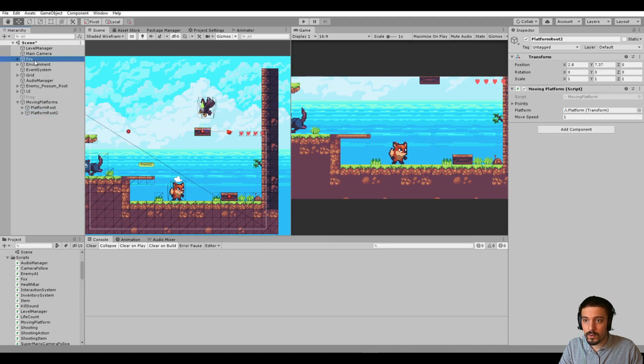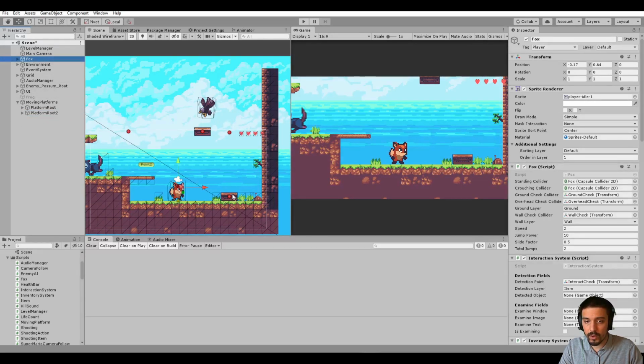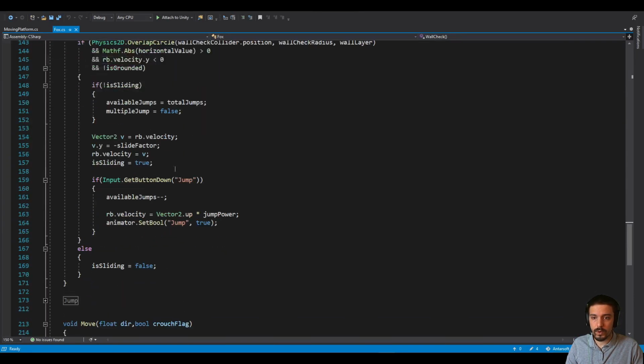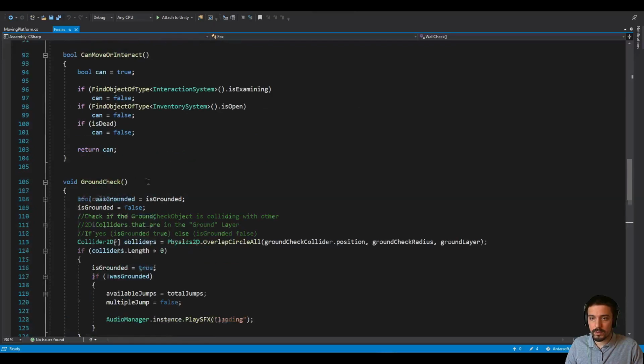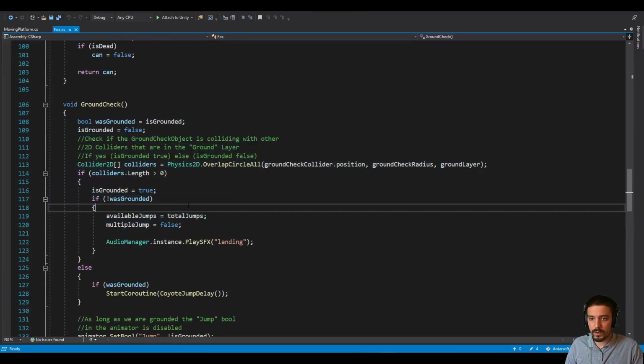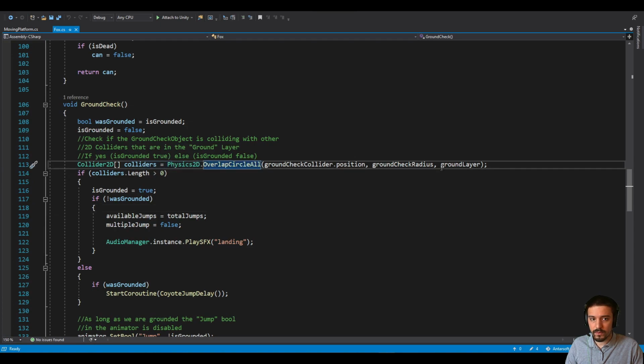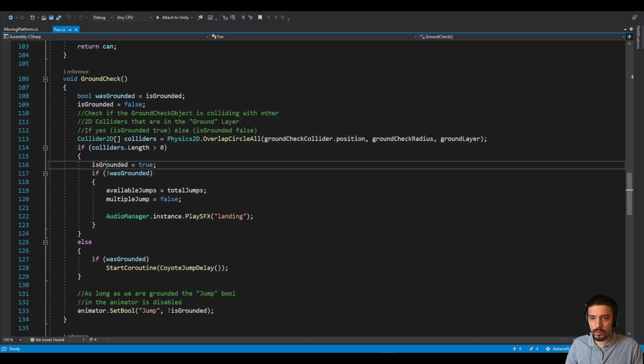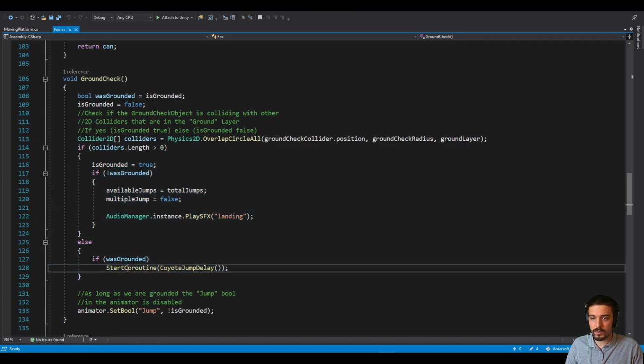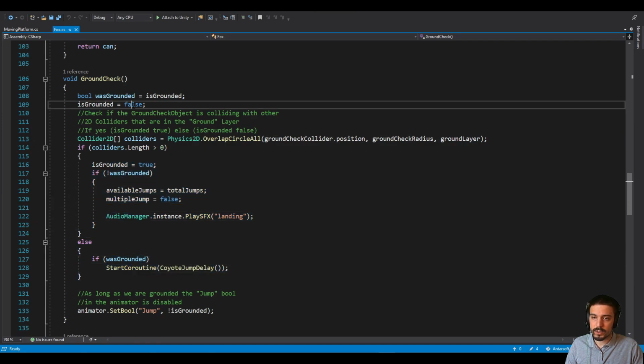So we have to check, are we standing on the platform? If so, make the fox a child of the platform. Otherwise, unlatch it. It's quite simple. Let's enter the fox script. Here we go. And we've already integrated the ground check, if I'm not mistaken. So we check here if we're colliding with stuff that's grounded. We enable the ground in here, and otherwise we disable it. Or actually, it's disabled by default,